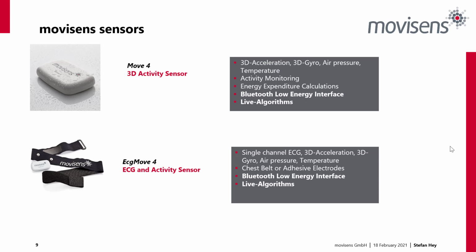So it can do excellent energy expenditure calculations, sedentary time, sleep. A lot of different algorithms are available for processing secondary parameters. So the ECG MOV4 adds a single channel ECG at 1024 Hertz. So it's a really high-quality ECG where you can do long-term ambulatory measurements. So multiple days, multiple weeks, if you wanted to, can be stored on the ECG MOV4.